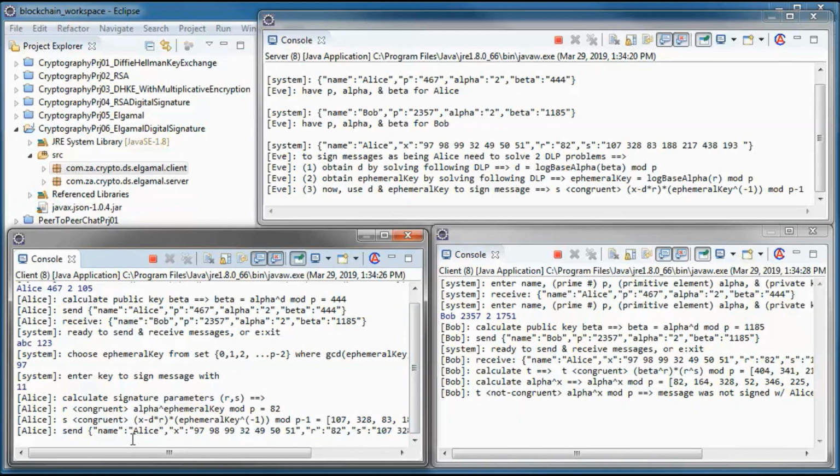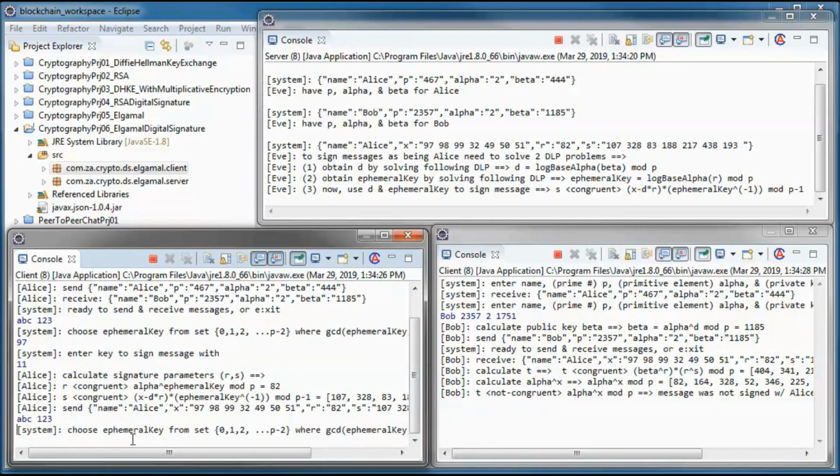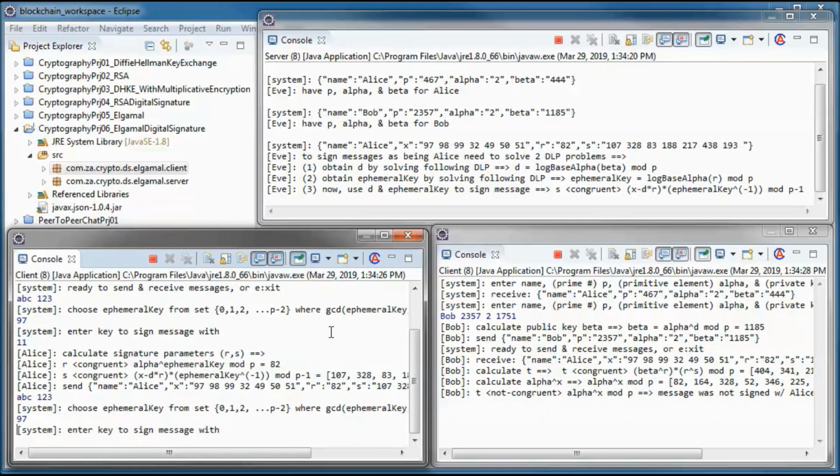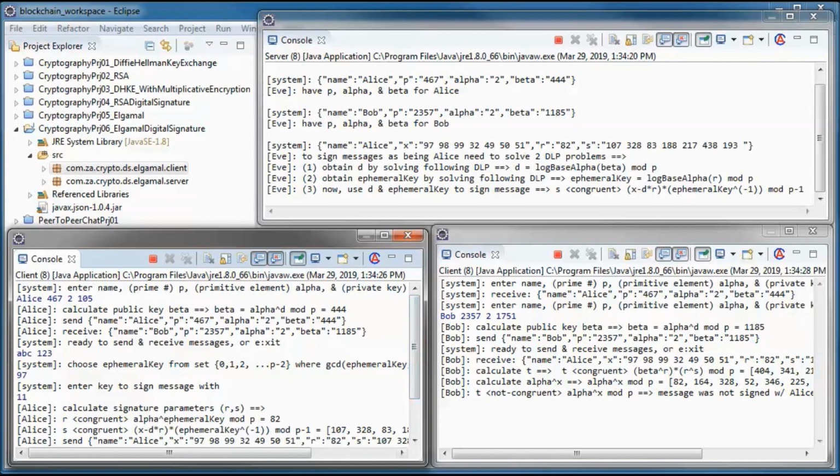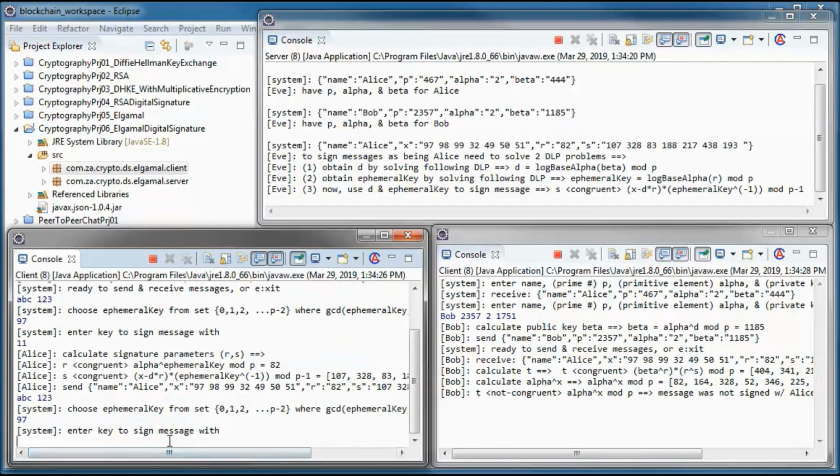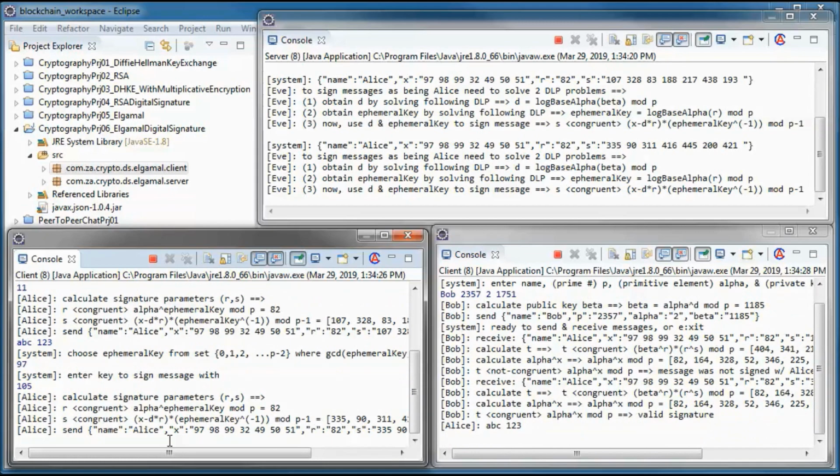So let's do it again, and this time let's use the same ephemeral key, but use the private key for Alice this time. So she does the same thing.